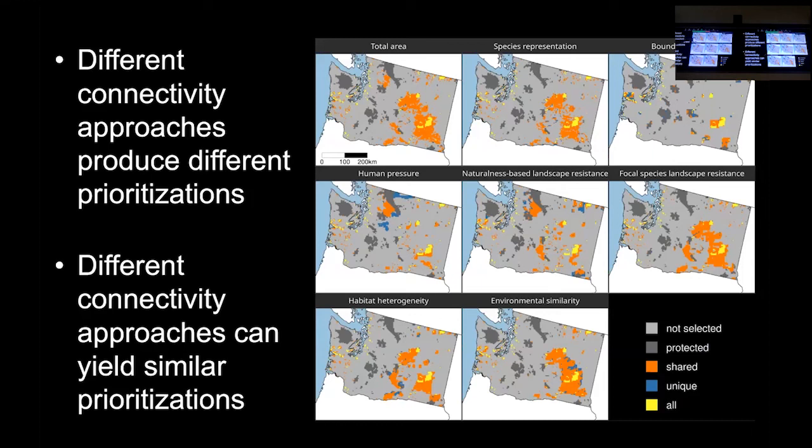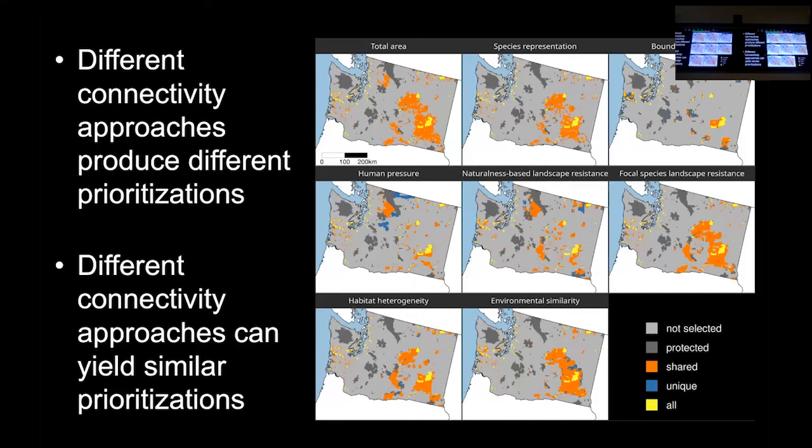If it's orange, that means it's a place that was selected by this prioritization, but also by at least one other prioritization. If it's yellow, then these were places that were selected by all prioritizations. So we can see there are a lot of commonalities, quite a few places that were selected under all different approaches. If it's blue, those are pixels that are only selected when we use this approach. Critically, what we did was we generated a baseline prioritization first using suitable targets for the species, and we calculated the cost of that.